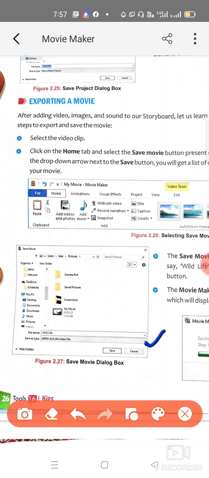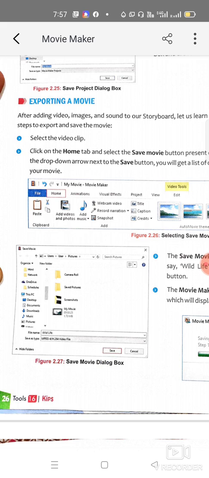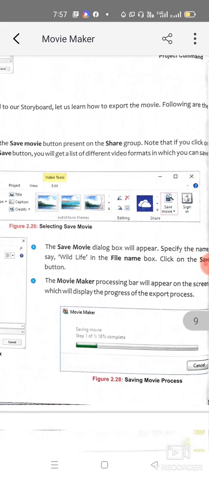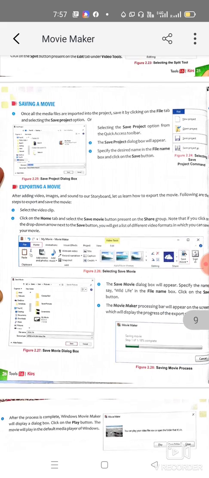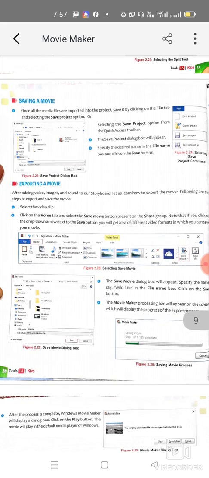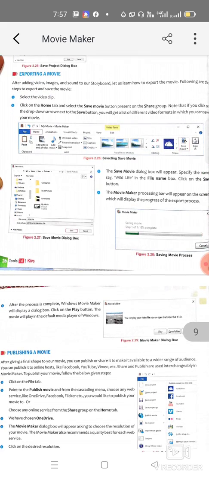We use this exporting option specially to change the format of the clip. Choose the desired format and click on the save option. As you click here, the progress bar will appear, and after the completion of this progress bar, your movie will be converted into another format.